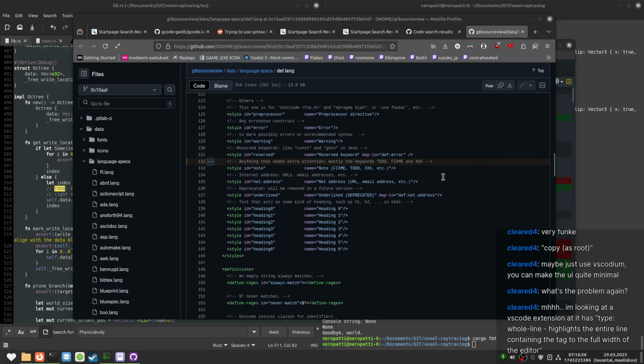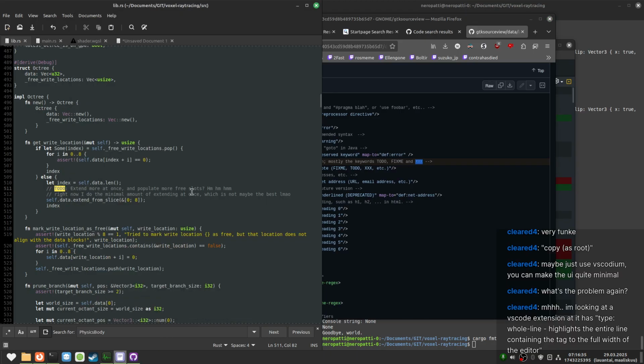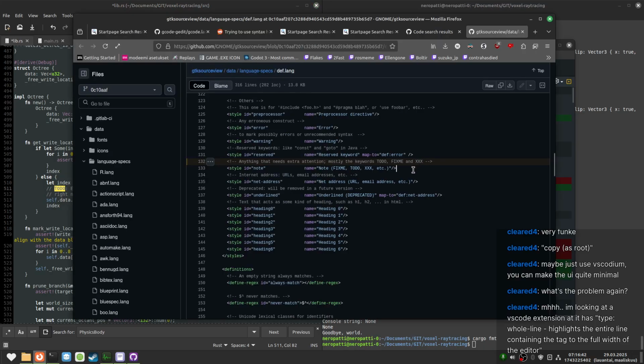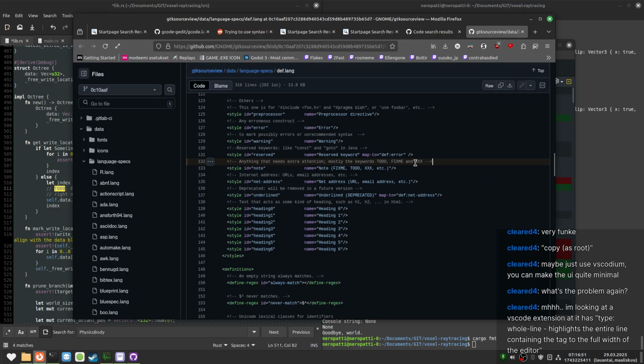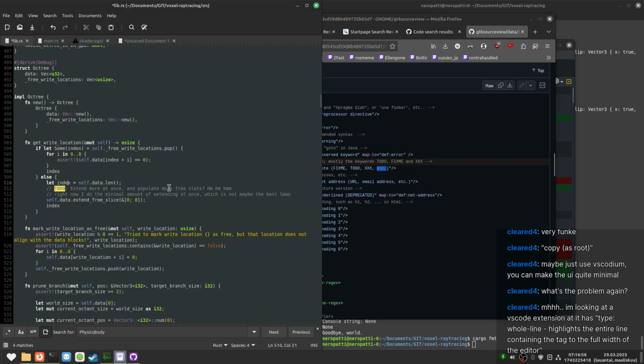Yeah, yeah. But I'm not using VS Codium, and I don't want to. The XXX, that's a tag you can use? Okay. Triple X is a tag. Etc., what? Wait, I just wrote it wrong, right?